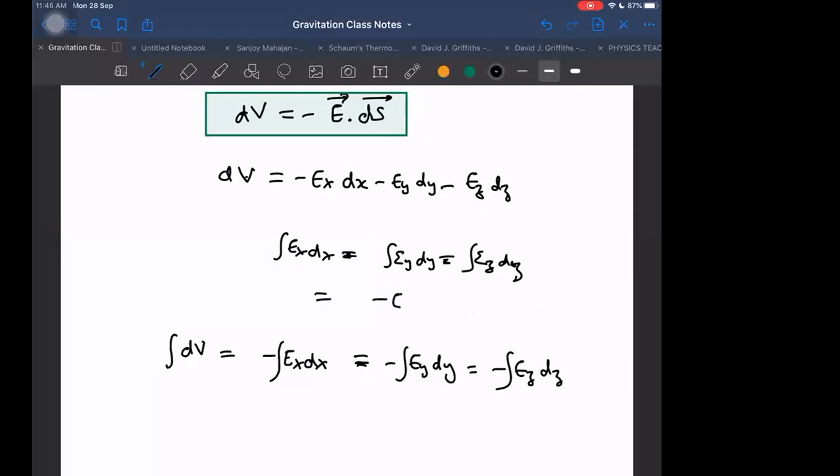This itself is equal to minus of E dot ds also. This is a total integral. Now, how do I know that here these are equal? I have not even discussed that, because I know the potential is defined for conservative forces,